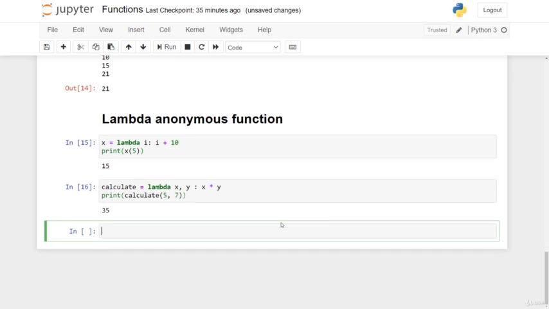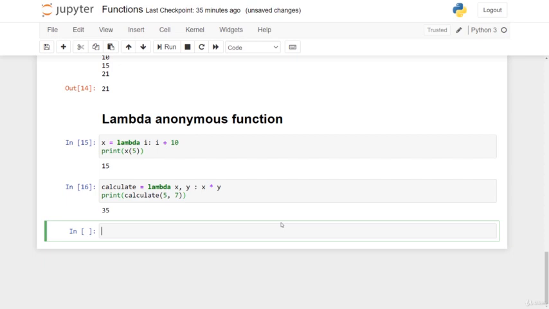We have a simple example here for the Lambda function with 2 arguments, x and y, and we separated them using a comma. And the expression for this Lambda function is x multiplied by y. We assigned all of this Lambda function content to a variable called calculate, just equating the Lambda function to the calculate variable. And this calculate variable will be used to call or use this Lambda function in any